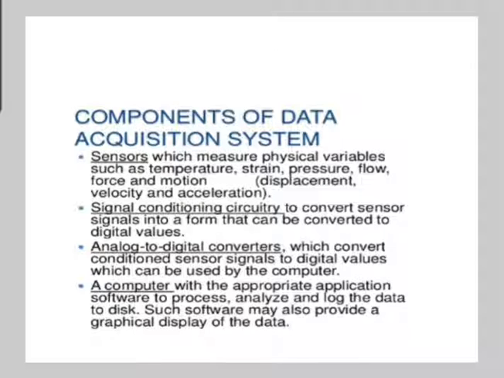Then MAX 232. It is an IC first created by Maxim Integrated Products that converts signal from RS-232 serial port to a signal suitable for use in TTL compatible digital logic circuit. So when MAX 232 IC receives a TTL level, it changes a TTL logic 0 to between plus 3 volt and plus 15 volt, and changes TTL logic 1 to between minus 3 to minus 15 volt, and vice versa for converting from RS-232 to TTL.